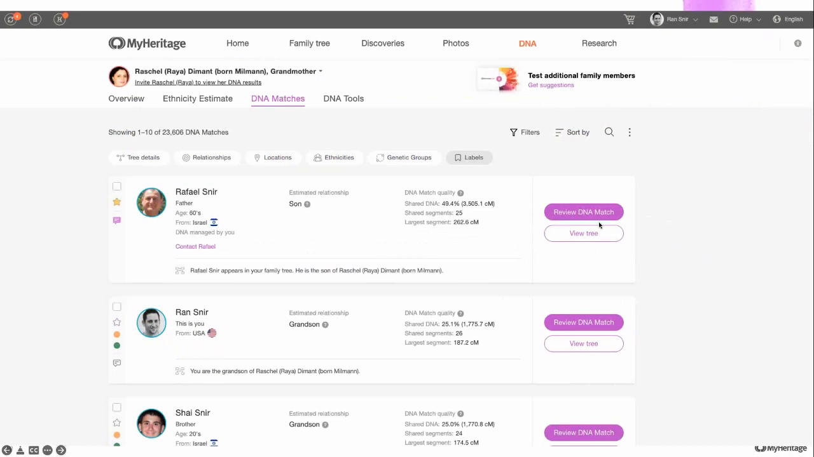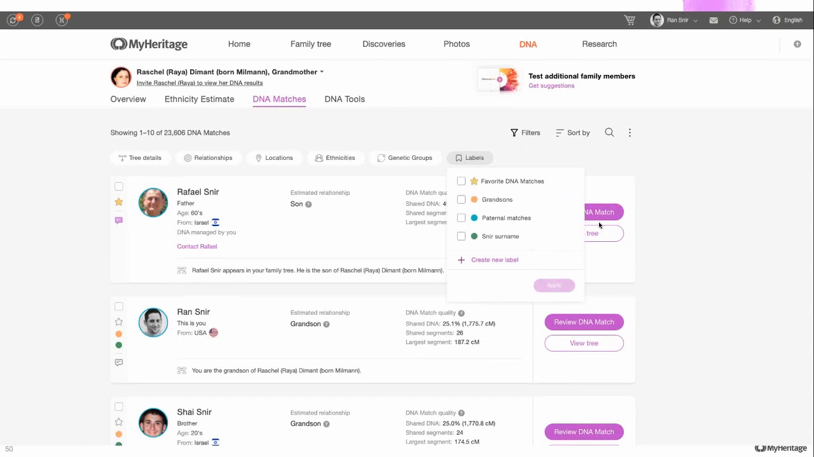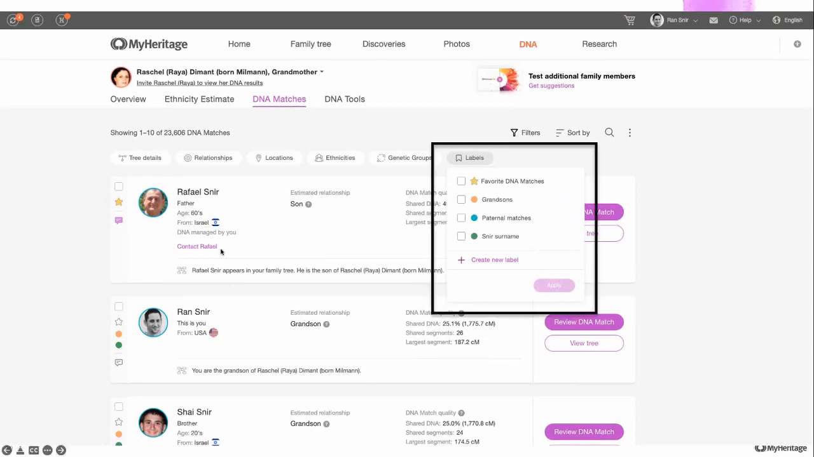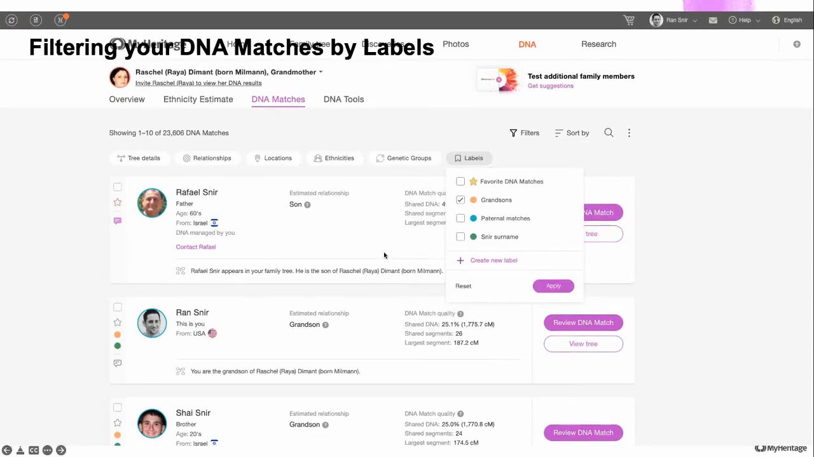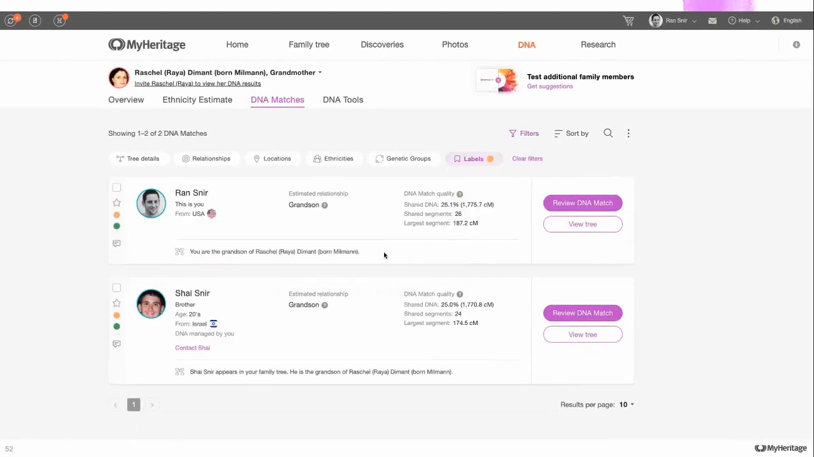So if I'm looking again at the list of DNA matches and I hit the labels option, it will open up and give me the option to filter by the favorites. You remember that nice star we had before, or by the different labels that I created. So for example, if I want to look only at the DNA matches who I already labeled as grandsons, I will choose that, hit apply, and the list will show me now only the ones which are labeled with that